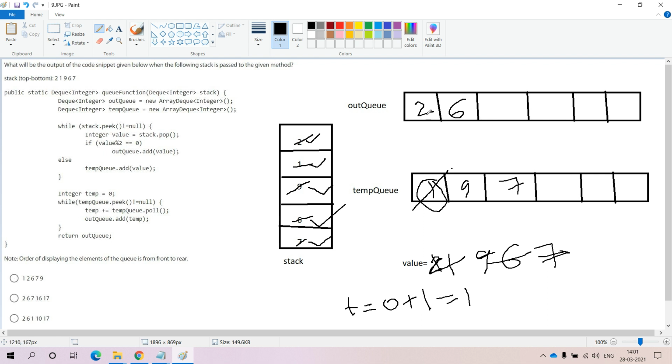Already in the output queue the values that are available are 2, 6. Along with them we are adding one more element. That element is 1. Now if you repeat the while loop one more time,